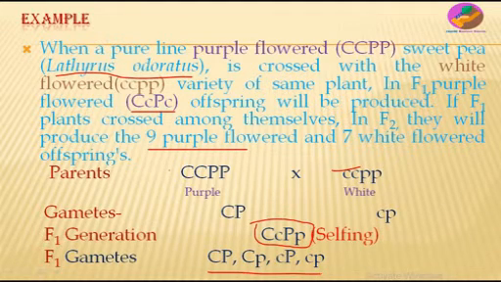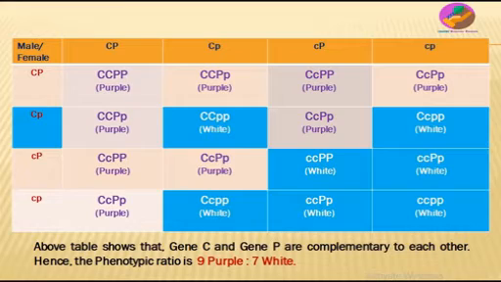F1 gametes as usual. If selfing of these F1 plants is done or allowed, it will produce the phenotype in the F2 generation like this. So here you can see these are F1 gametes, suppose these are males and these are females. If we cross them, they will produce such type of 16 offspring,